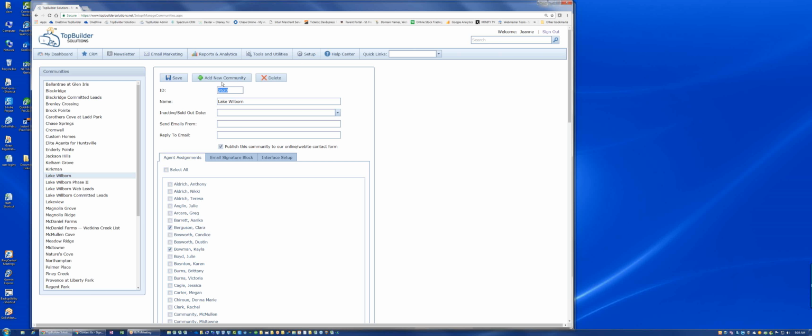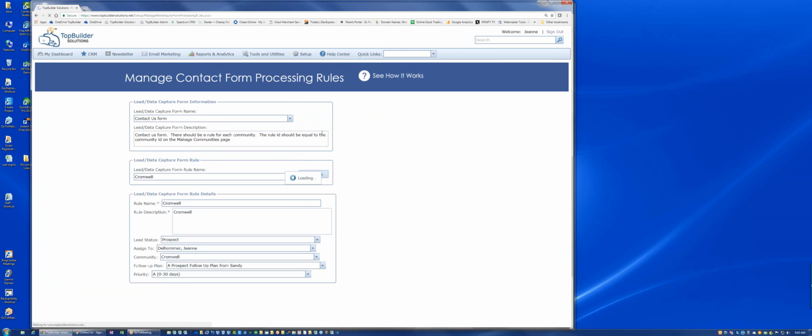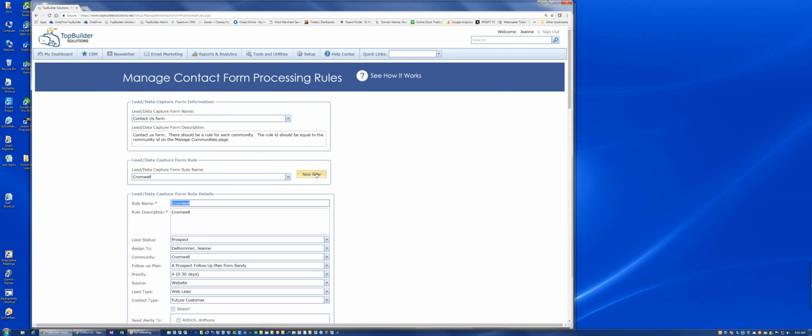Okay, and I'm going to go in and create a rule for that. I'm going to go to manage online contact form processing rules. I'm going to add a new rule and name it Lake Wilburn. Description is Lake Wilburn. I know this is kind of redundant, but sometimes you can create custom rules, and